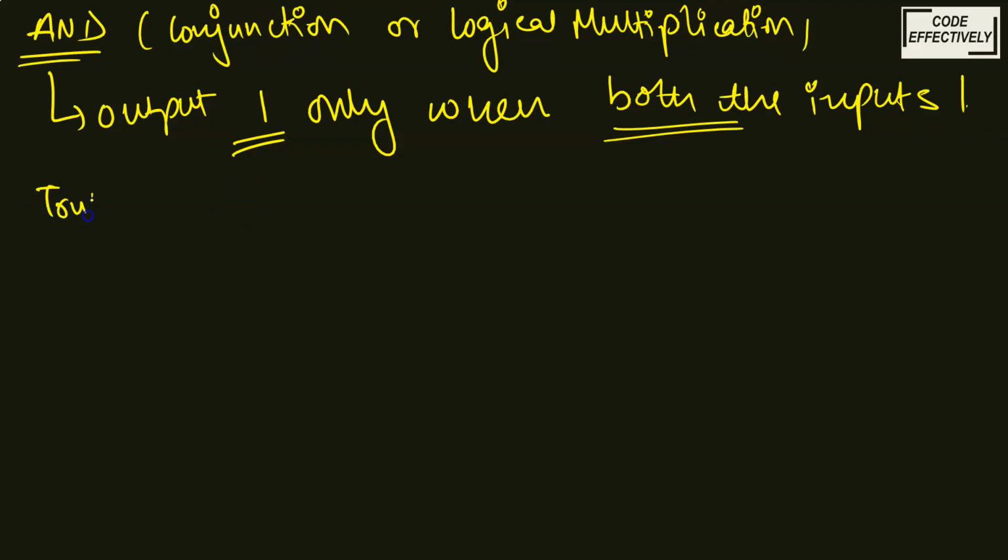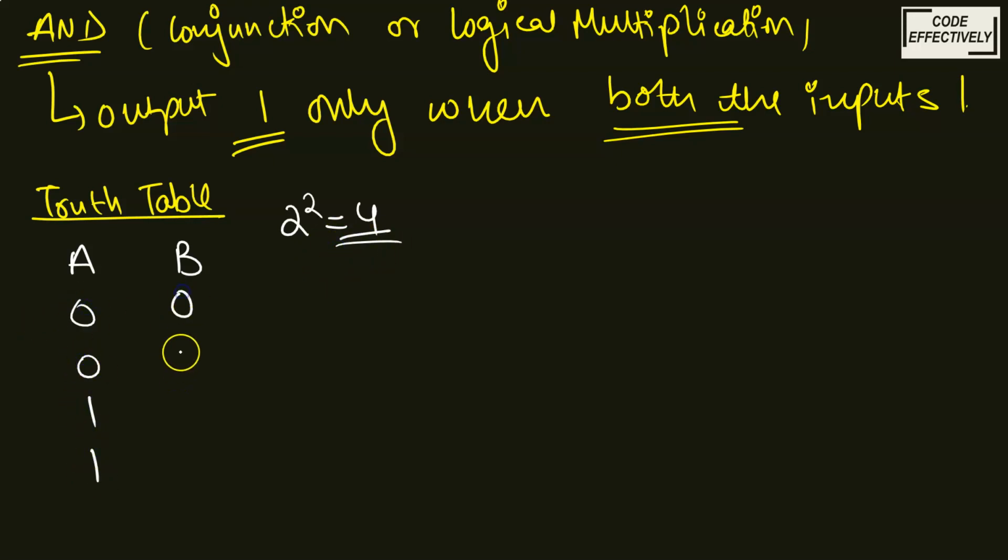The truth table we can make. A truth table is a logical table with all the possible combinations an operator or expression can have. So I told you A and B are the two operands, so 2 raised to the power 2 gives you 4. So we have to make 4 combinations that are 0, 0, 1, 1, and 0, 1, 0, 1. See, I already have experience of teaching and learning these, so I can easily give 0, 0, 1, 1. But when you also have a good grasp on these truth tables, you will also easily be able to make these 0, 0, 1, 1 and 0, 1, 0, 1. So now what do I have to perform? I have to perform A dot B.